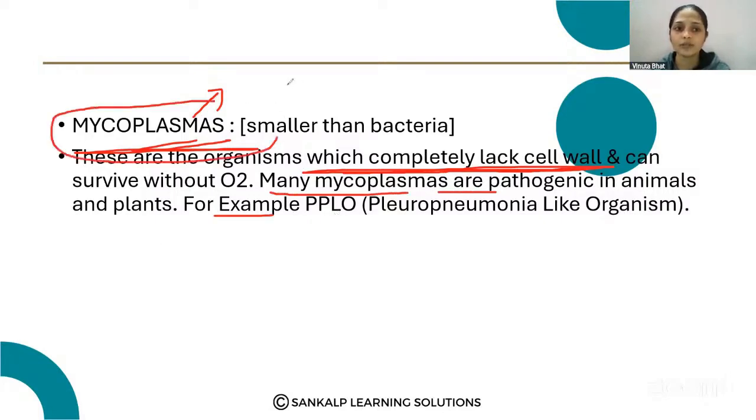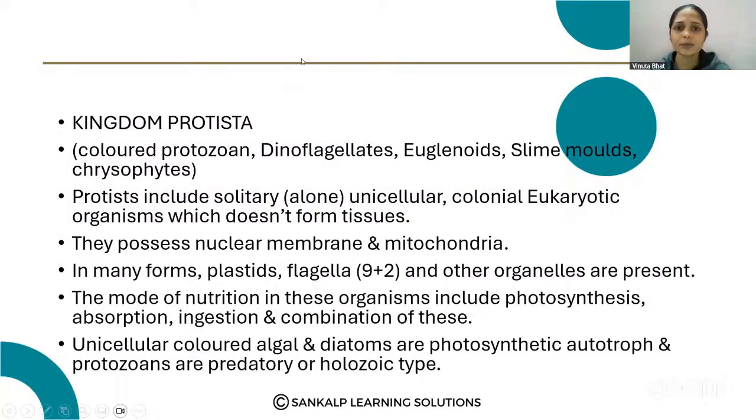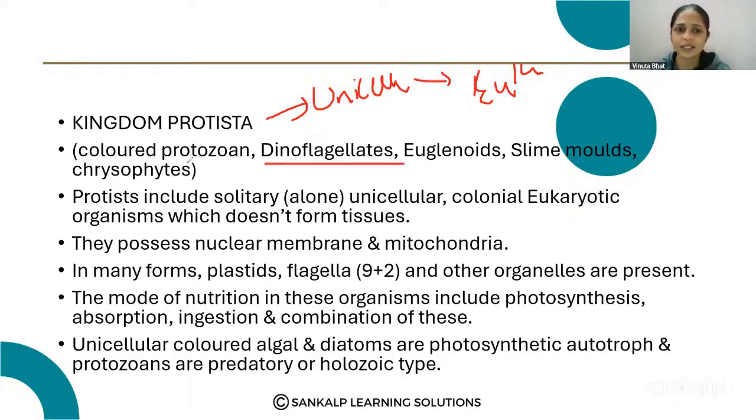So the important feature of this mycoplasma is that it lacks the cell wall, and that is the smallest living cell. So that comes under the Monera. Okay. Then protista. Protista includes the unicellular as well as the eukaryotes, meaning they have a nuclear membrane. So it is classified into dinoflagellate,